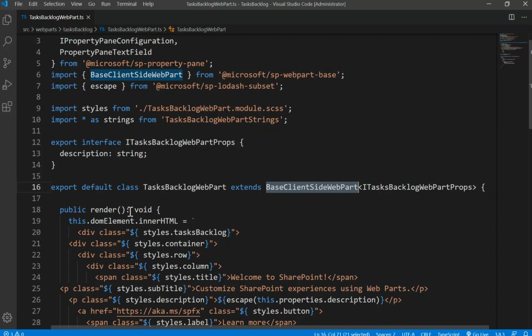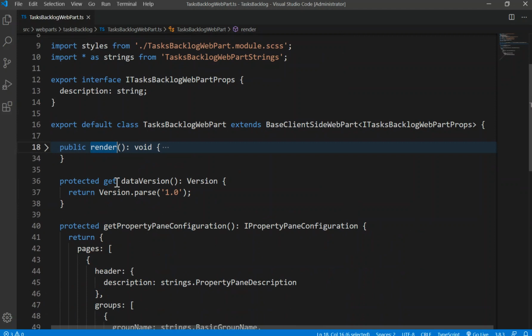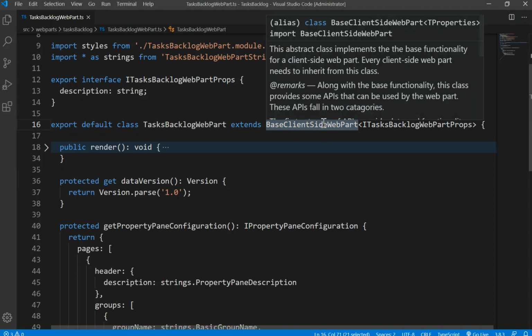እንደራሱ አለው ማለት ነውና we can override it. So at least ምንድነው እዚህ ጋር የምናየው አንድ ሬንደር የሚባል ሜተድ አለ። እዚህ ጋር ሜተድ public render method፣ እዚህ ጋር another ሜተድ አለ ዴታ ቨርዥን የሚል ሜተድ አለ። ይሄ እንደ አብስትራክት ክላስ ስለሆነ ሆቨር ሳደርግበት ታውታላችሁ, this is an abstract class which means